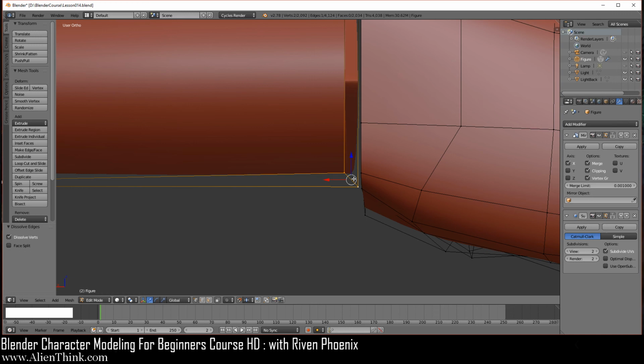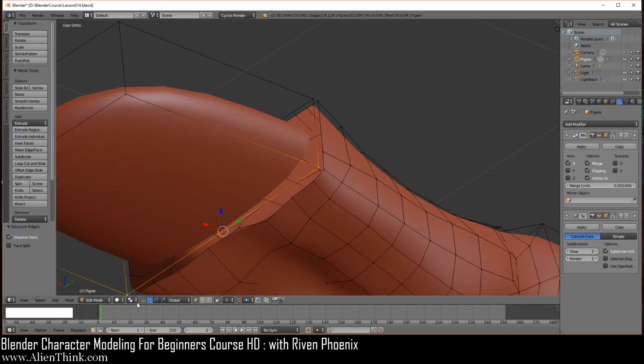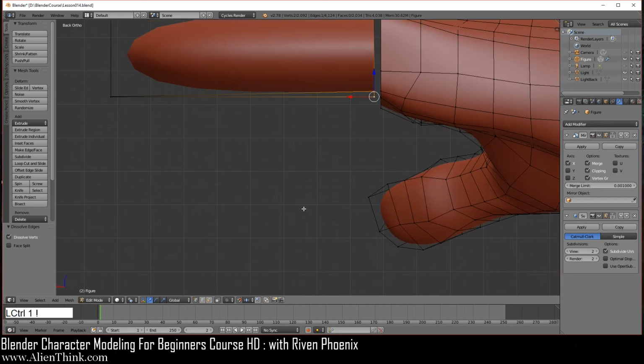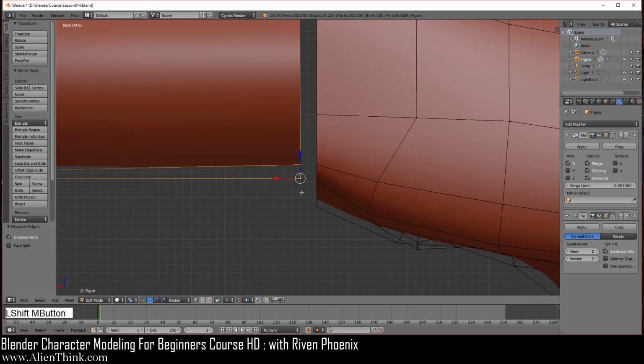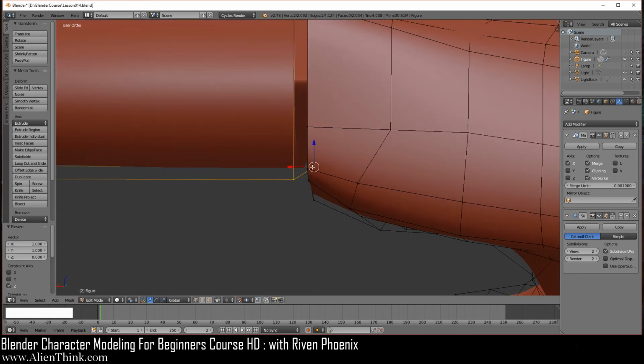Notice where this 3D manipulator is, right? See this? It's in the middle. So now if you do over here active element, which we've used before, notice that the 3D manipulator now jumps to that active element. So this is your visual cue how the active element concept is working over here, right? So now just do Control 1 to come back over here. I'm just going to do S to scale and press the Z key for the Z axis and press 0 and enter. See that we brought that vertex down based on this active element over here.